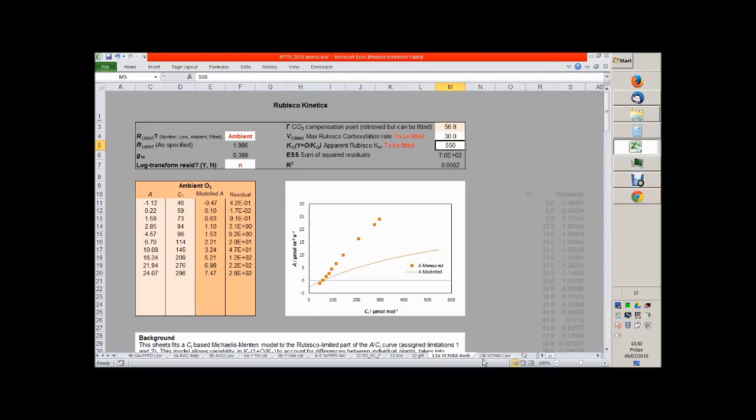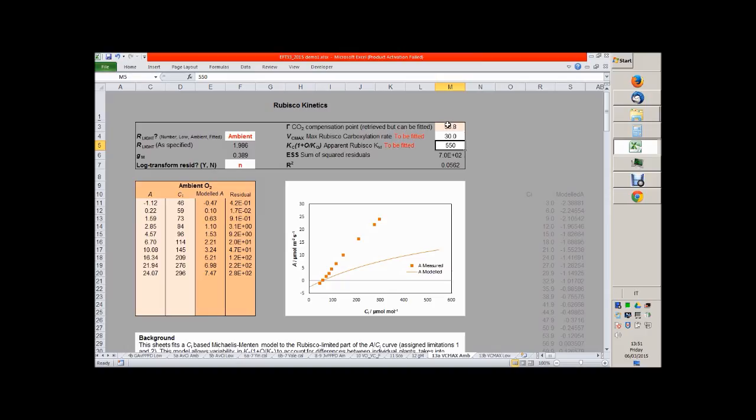Sheet 13a models assimilation using the model of Farquhar. The model of Farquhar is a mechanistic model based on Rubisco kinetics. The particular formulation used in sheet 13a is that of Ethier and Livingston. This is a formulation based on Ci, therefore there is a finite mesophyll conductance, and on gamma, the experimental compensation